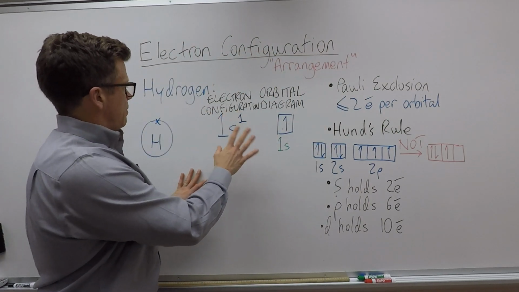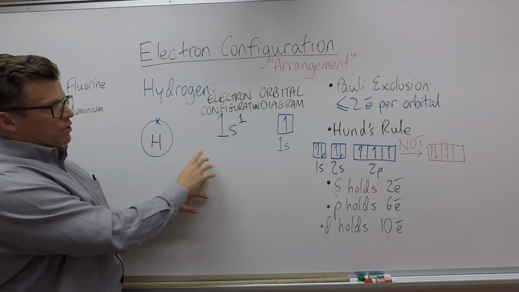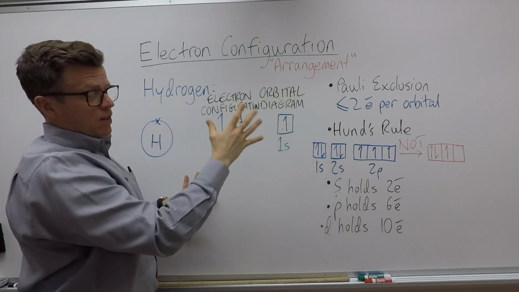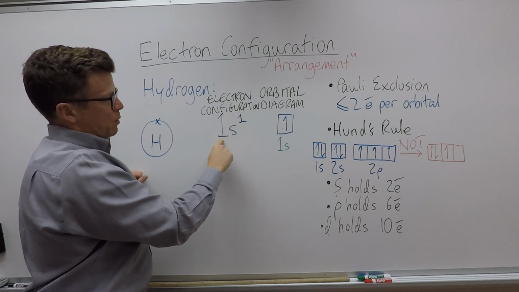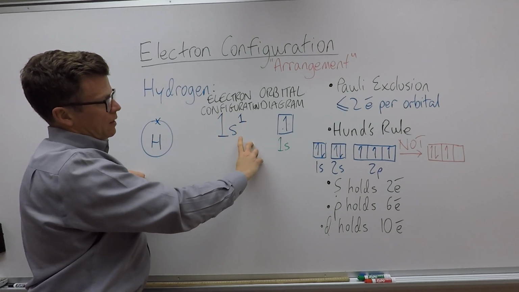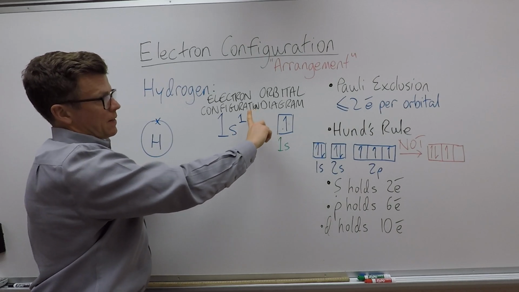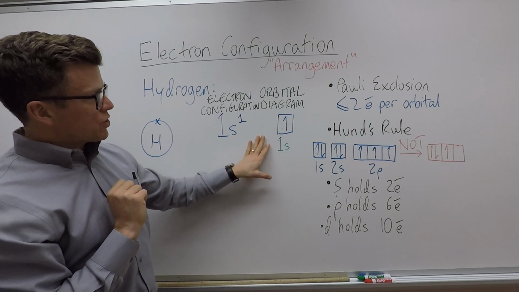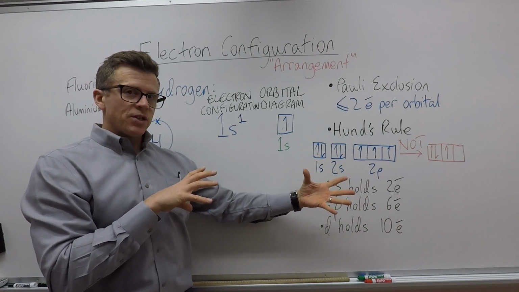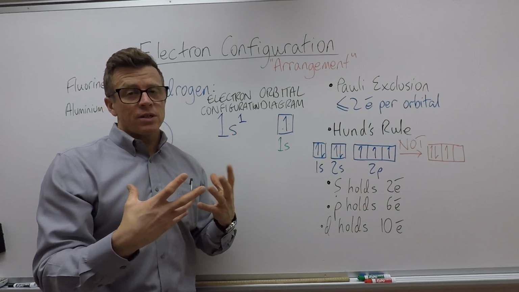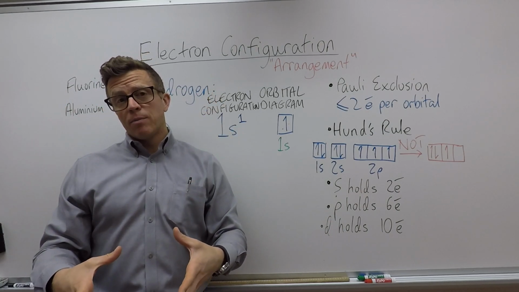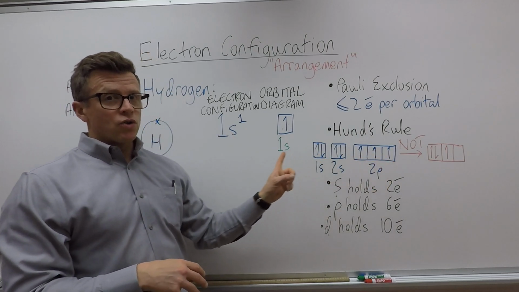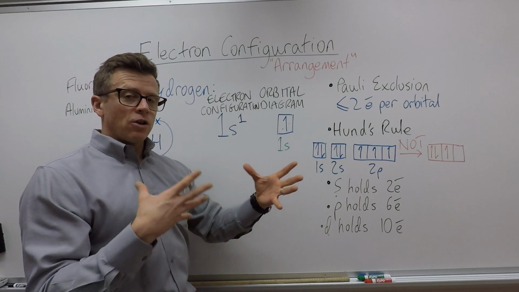Okay, so if we look at hydrogen here, it's got 1 electron. So if we write the electron configuration, and a good synonym for that is arrangement, if that helps, it would be 1s1. So that's the energy level, that's the orbital or sublevel, and that's how many electrons are inside it. So we've got a new system which we'll expand on when we start learning more about different atoms and then looking at how they're arranged on the periodic table and explaining some of that behavior. This will become a useful tool. So just to introduce the idea and show you how to use it,